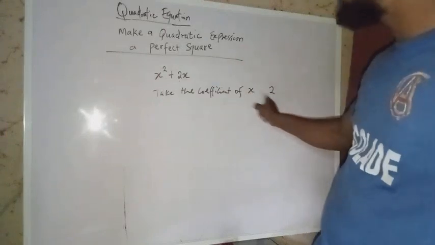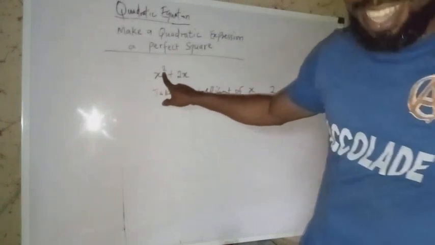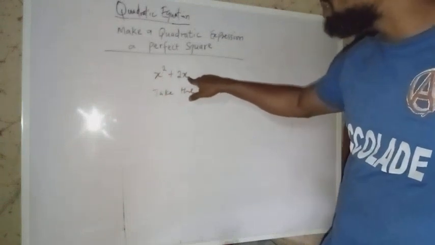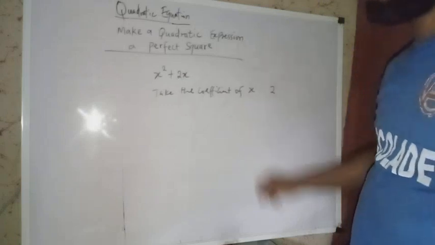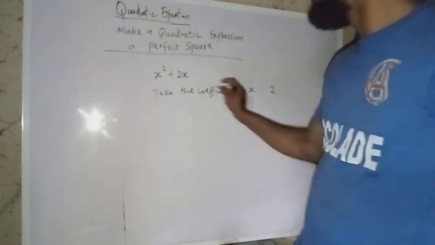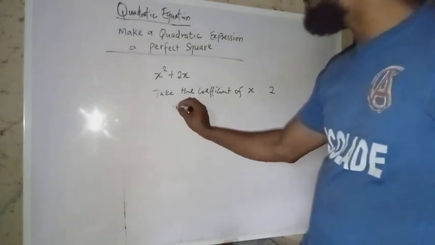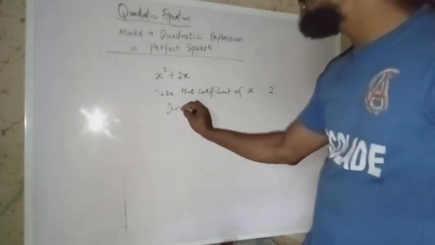2. And we are not saying 2 because of this 2 that is here. It is 2 multiplying x. That's what we call the coefficient of x. I mentioned this earlier too. So when we take the coefficient of x, which is 2, we